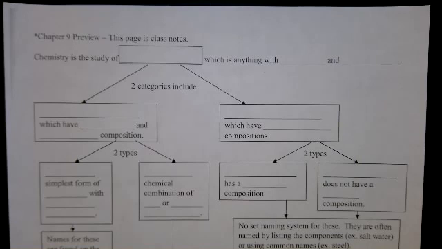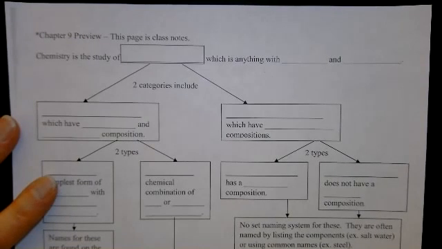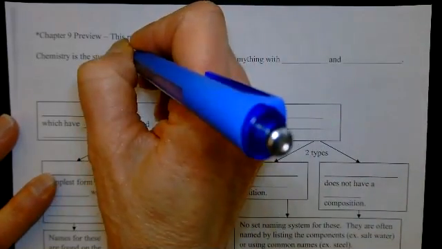This is the Chapter 9 preview notes, and it is a look back at some of the information about the basics of what we study in chemistry, substances and mixtures, and that type of information. So please turn to the Chapter 9 preview notes in your notes packet and record what it is that I'm recording into this video. So to start with, we know that chemistry is the study of matter,